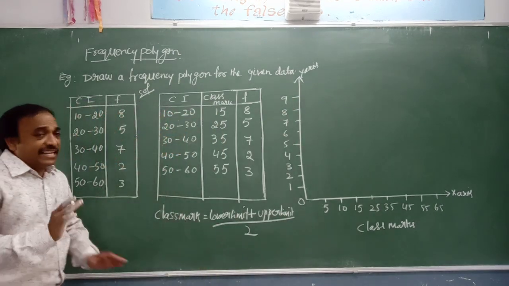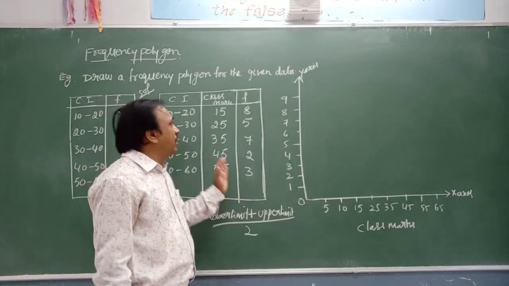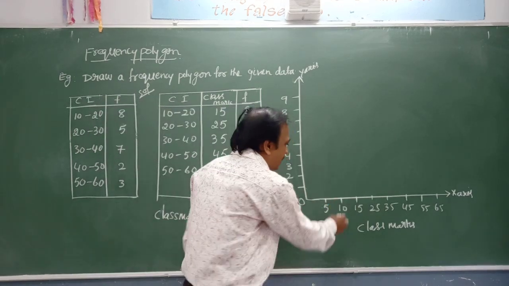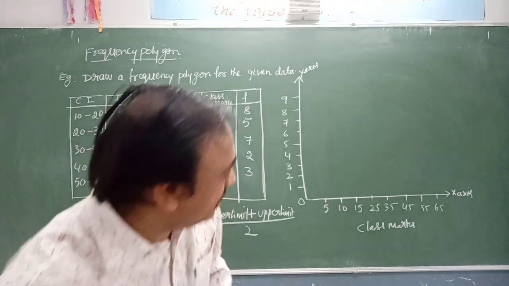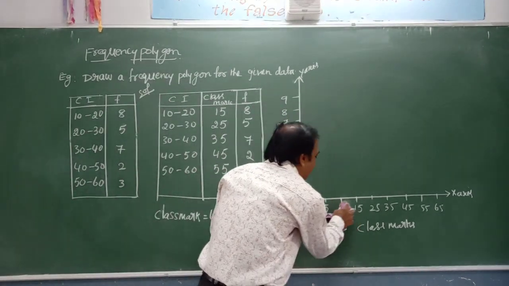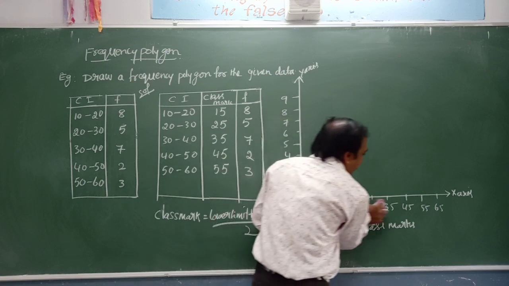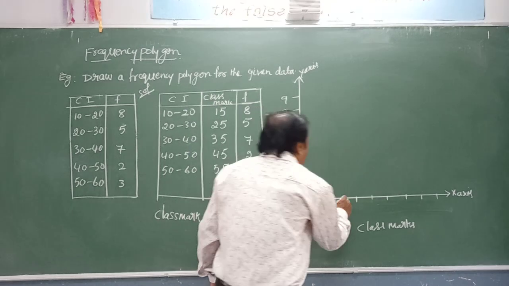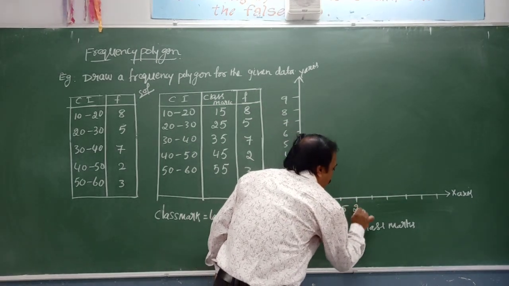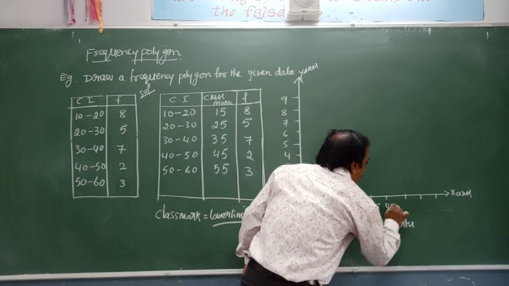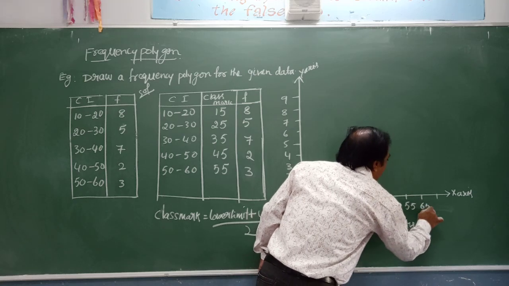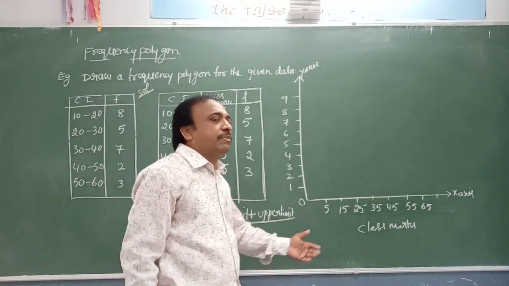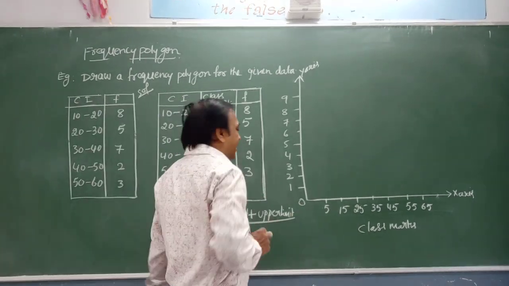Observe it. Directly you can start with 5, 15, 25, 35, 45, 55, 65, like this. Here 10 is an observation, but we don't have any mid value of 10 here. These are the mid values. Sorry, 10 we won't get as a class mark for any class interval in this data.